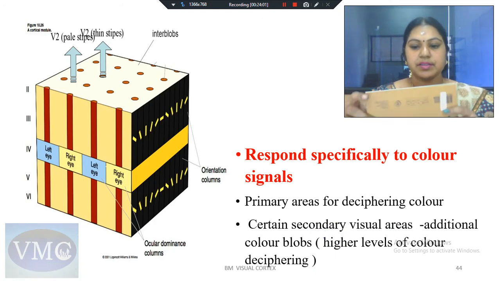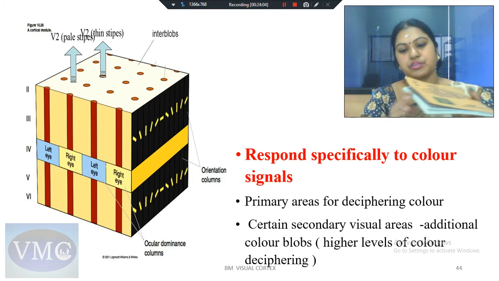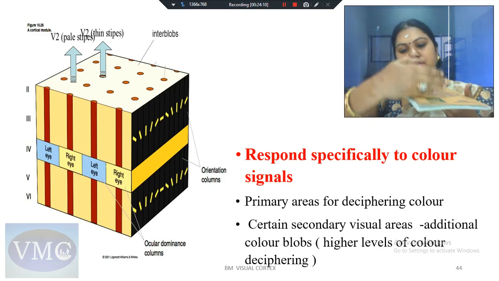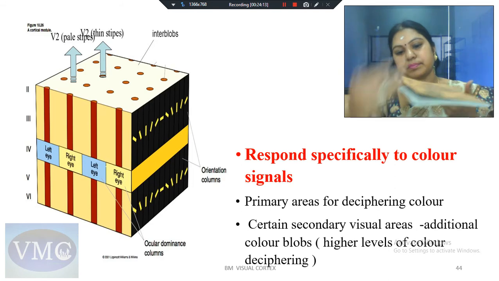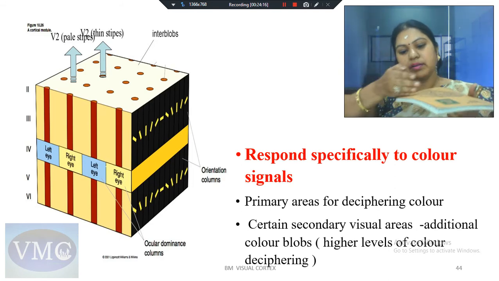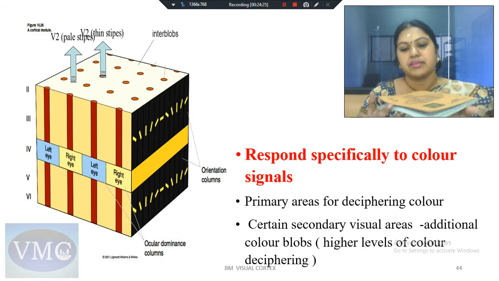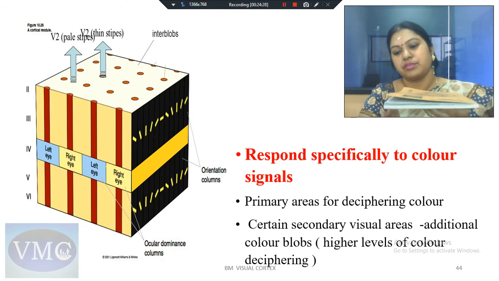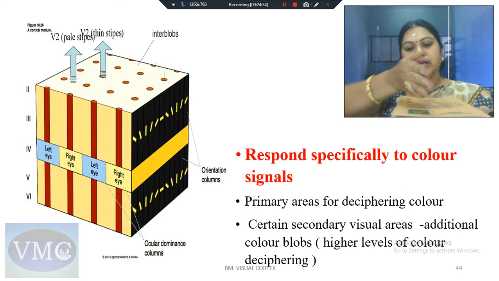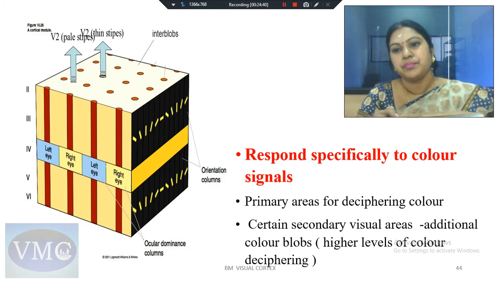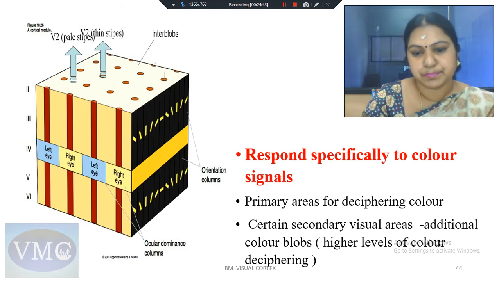So here you can see this is the layers of visual cortex, layers 1, 2, 3, 4, 5, 6, and this is divided like this into orientation columns. Here will be your right eye, left eye, right eye, left eye, right eye, left eye. So this is the visual area, layers 1, 2, 3, 4, 5, 6. It is divided like this into your orientation columns, divided like this into your right and left ocular dominance columns. Interspersed in this are your cones or blobs,